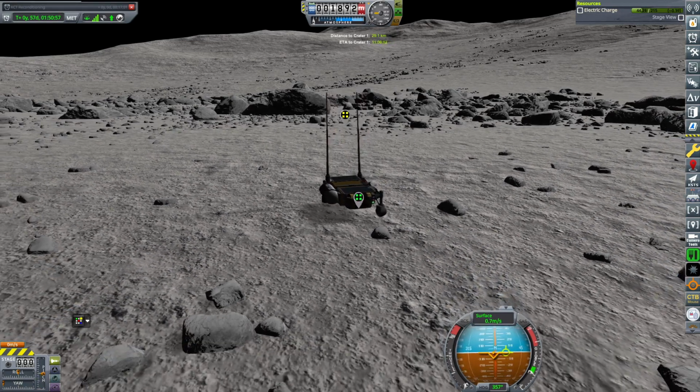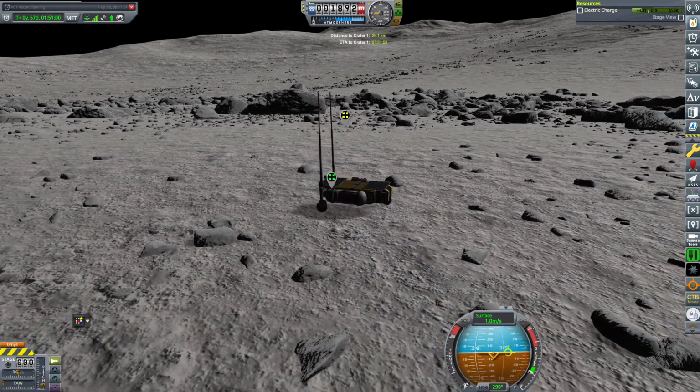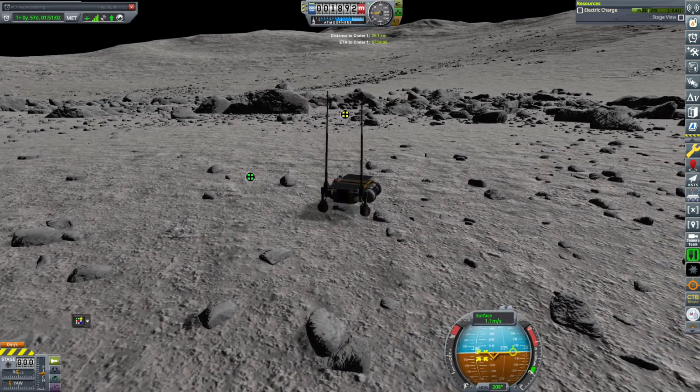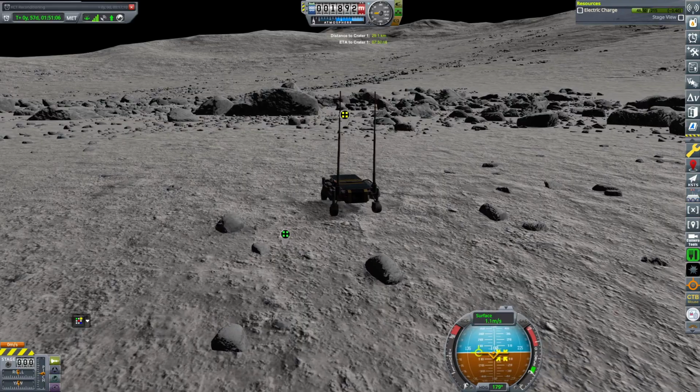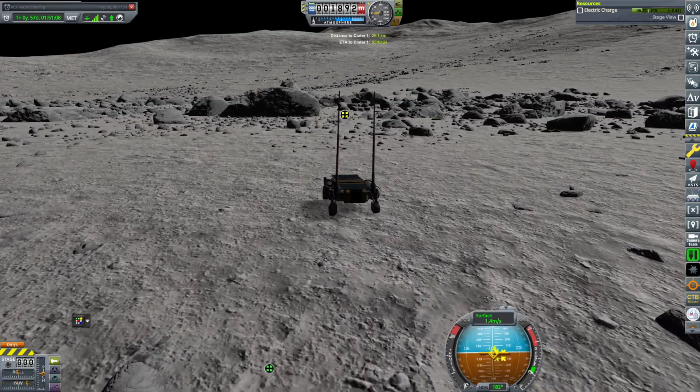What I'm gonna do here is drive around a little bit, get a feel for this, see if it can still move, and it does. Like I said, it's got some decent control. It still slides around a little bit, like it's on ice, which is sort of awkward, but